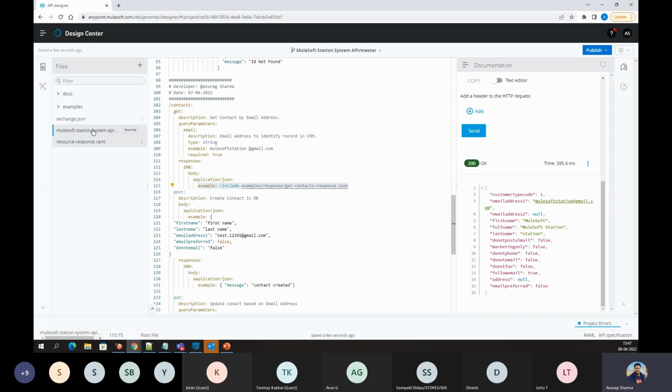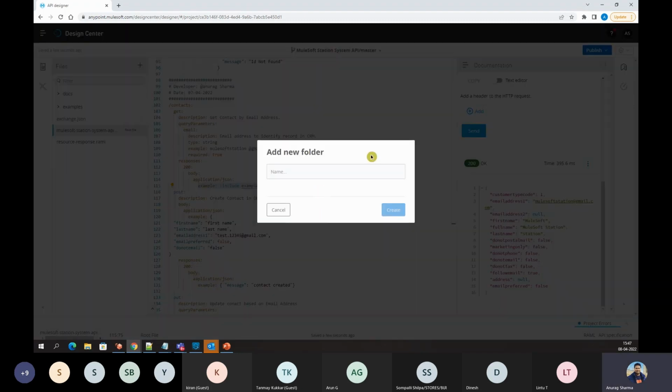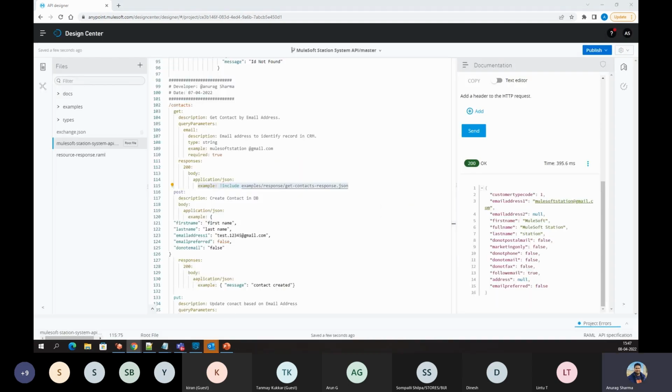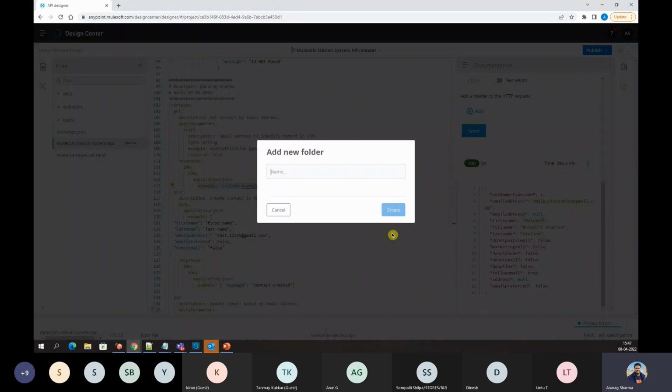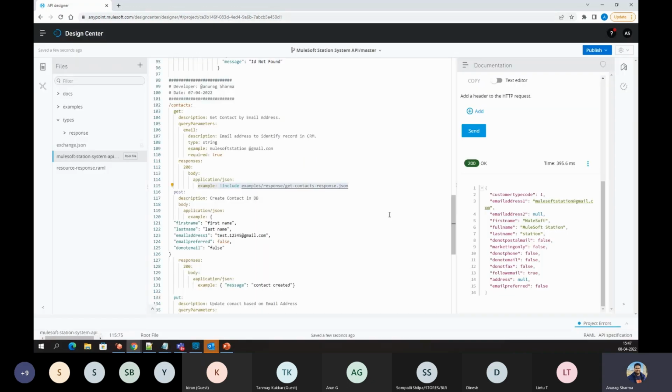Okay, so now we need to create a folder type. So we will create a types folder. Inside types, same thing, it's a request or response. So I will create a new folder for response. Okay, create it. Now inside the response, we need to create a RAML file because we need to create a